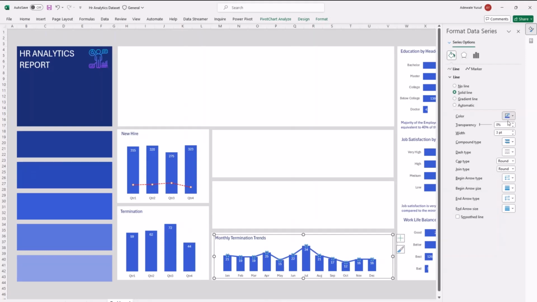So I think that's not light. So I'll select something of my light blue color. Then I'm going to make the line not too thick, maybe around just one pt, and then I'll make it a dotted line like this, and then I'll also make it smooth.